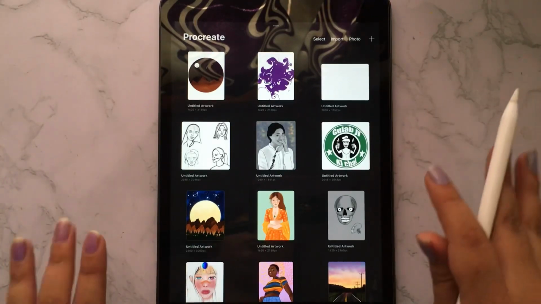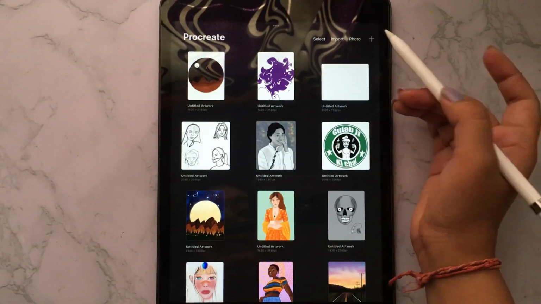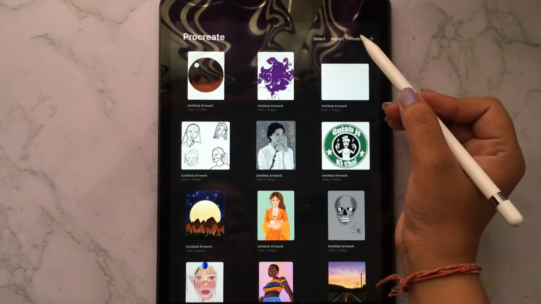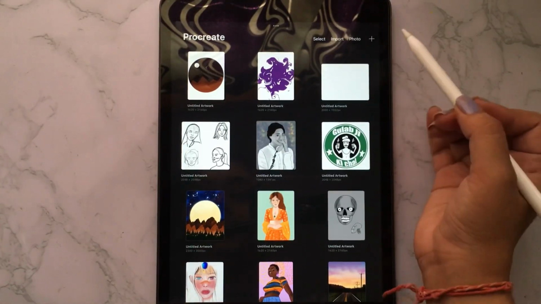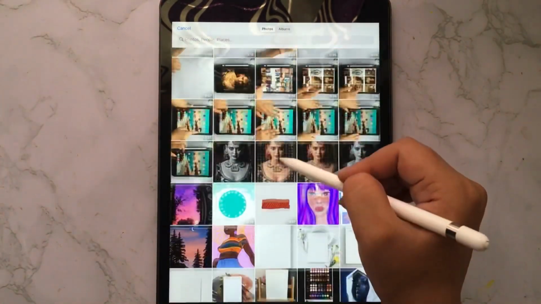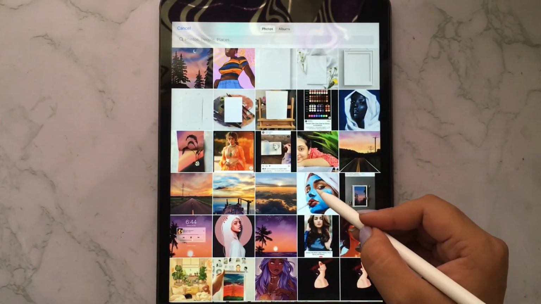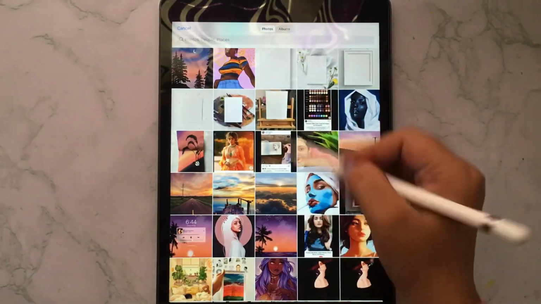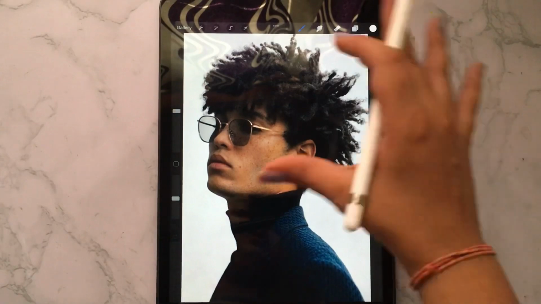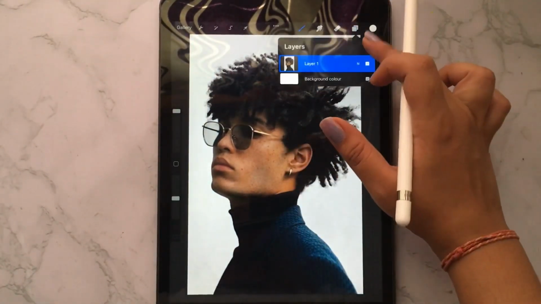So if you want to draw a portrait, and if you are beginner to portrait, you can select line art method. So in line art method you can click on photo, and you can select a image which you want to do line art. As if I want to do a line art of this portrait, so a photo or the image will come like this, and you have to work on the second layer.